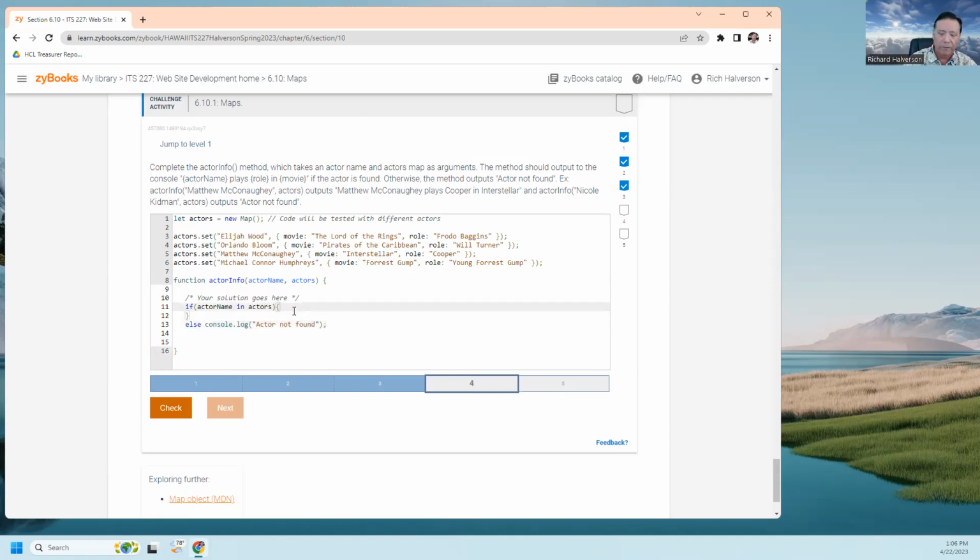But inside here, if it's in there, I need to find out what the actor's name is and print out